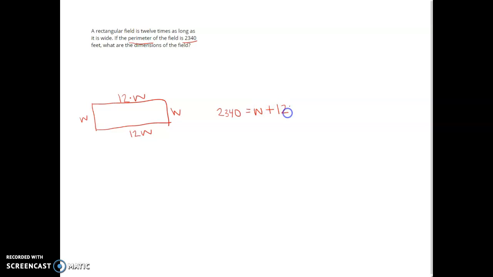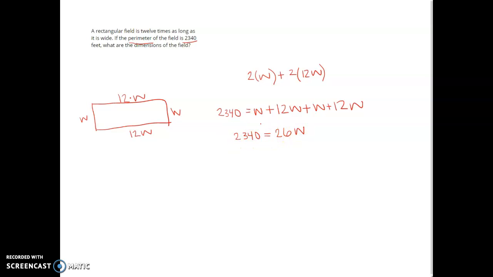W plus 12W plus another W plus 12W. Now if you wanted, you could just say 2 times W plus 2 times 12W. It would be the same thing, but you can also just write it out. So let's add all of these up. We get W plus 12 is 13, plus another W plus 12 will be another 13, because remember there's a 1 in front of the W. So we get now 26W equals